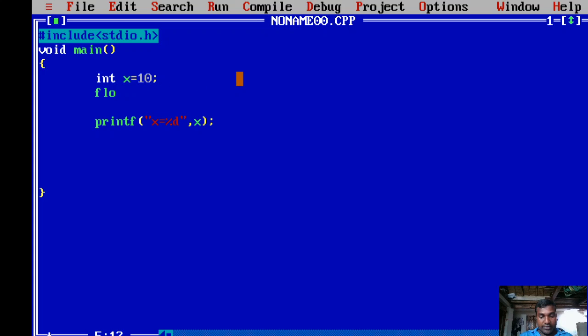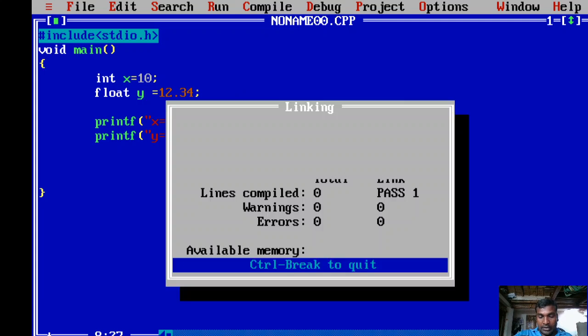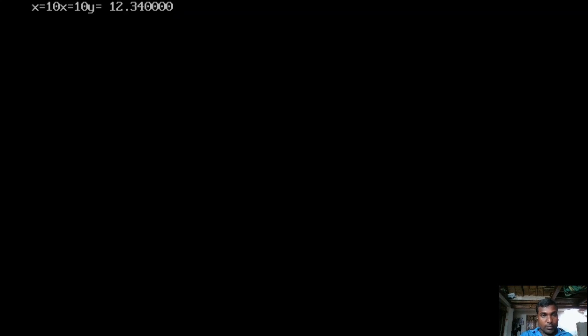Now I want to print a float value as well. Here I am compiling the program and executing the program and output.